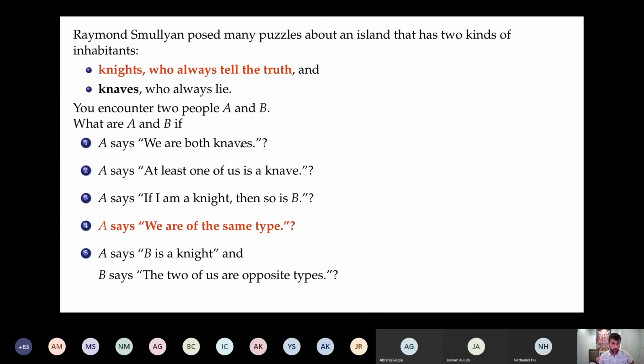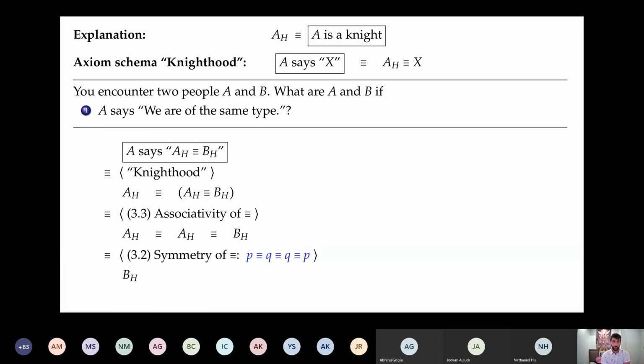So this is the one we did at the very beginning. Knight's always tell the truth, and we said if we're of the same type, what do we get, right? So I just did it really quickly for you earlier to show you my thought process. But the key insight is if a person A says a statement X, then that person is a knight precisely when their statement is true, right? And if their statement is false, and that person said that statement, then that person must not be a knight. And if you're not a knight on this island of knights and knaves, you must be a knave. Okay, so